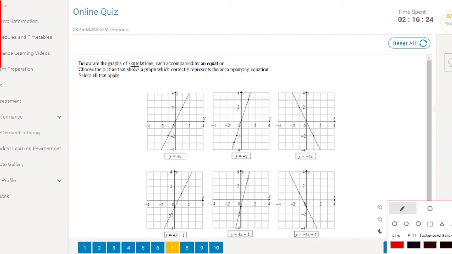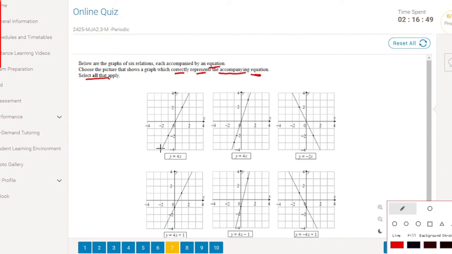Below are the graphs of six relations, each accompanied by an equation. Choose the picture that shows a graph which correctly represents the accompanying equation. Select all that apply. Let's take the first one. Here, I prefer when you see the graph and you want to validate if this equation matches this graph, we